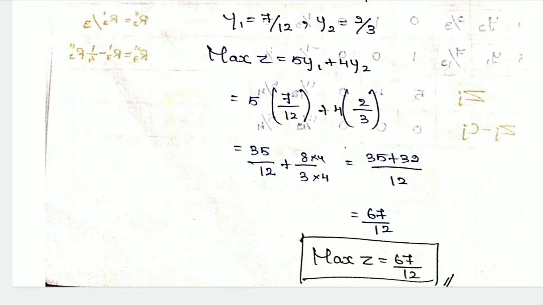So like this we have to do the duality problem. So the duality means there is no change to the simplex method. Only for the given problem you have to write the dual. So the given problem is primal, which means you have to write the dual of the problem. From that dual problem you have to go for the solution using the simplex method.